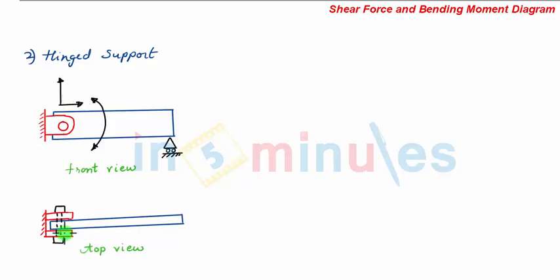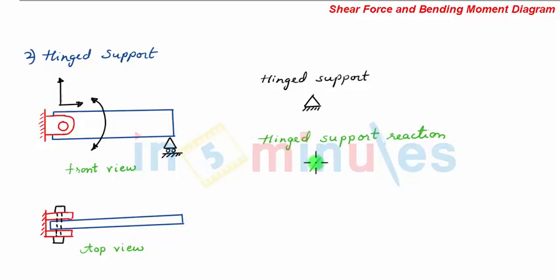So this is a top view of the beam. Of course, this support shown over here will be a roller support. Hinged support is denoted by a triangle and dashed line like this. Now hinged support provides reaction in any direction. However, since it is customary to resolve the force or reaction in the horizontal x and y direction, we have the reactions as vertical reaction V and horizontal reaction H.